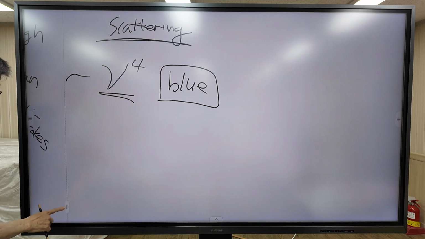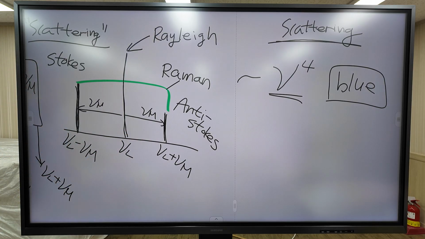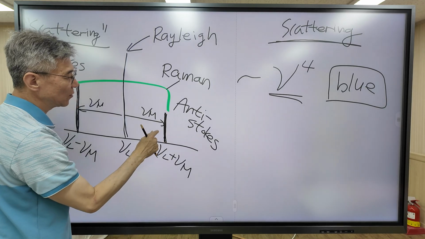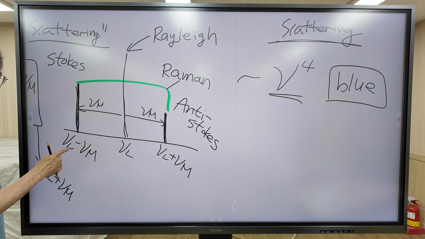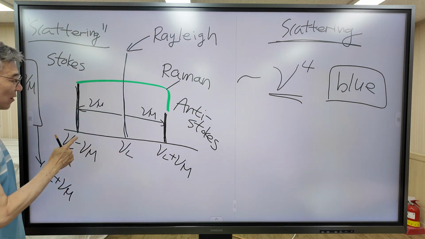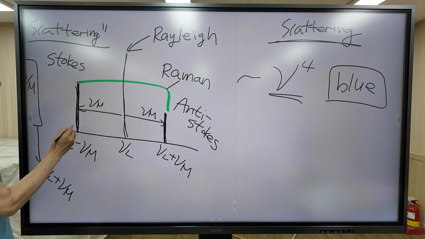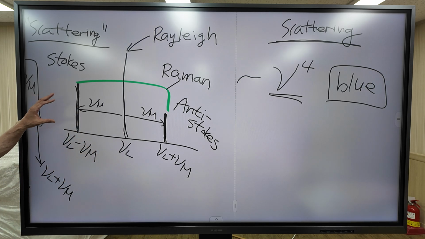With this theory, this asymmetry cannot be explained. According to this theory, this component must be strongly scattered, because this is the high frequency and this is the low frequency. This line must be intense compared to the low frequency Stokes line. But according to experimental observation, this line is more intense. So when Raman was first observed, this asymmetry puzzled the scientists. This phenomenon can be explained using quantum mechanics.